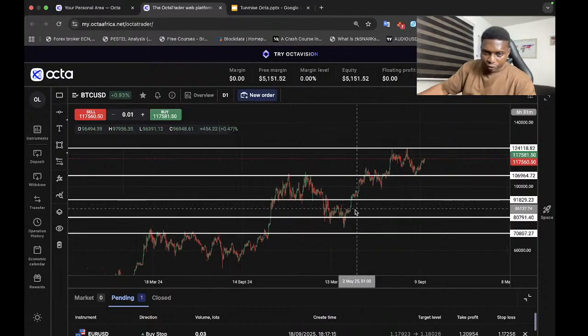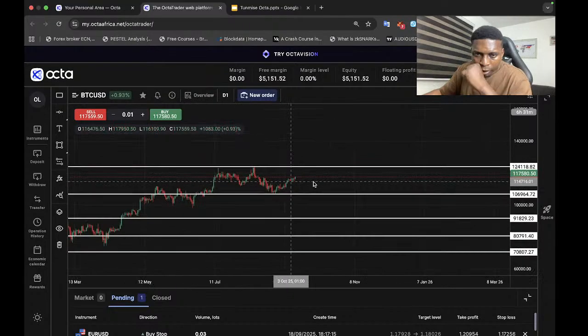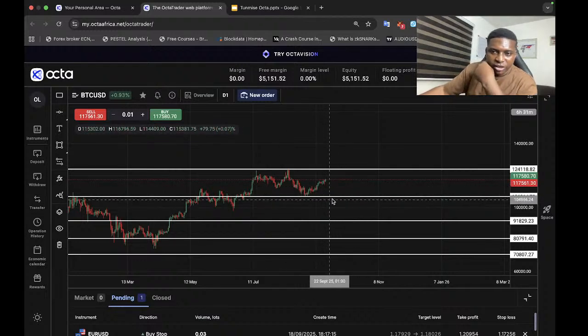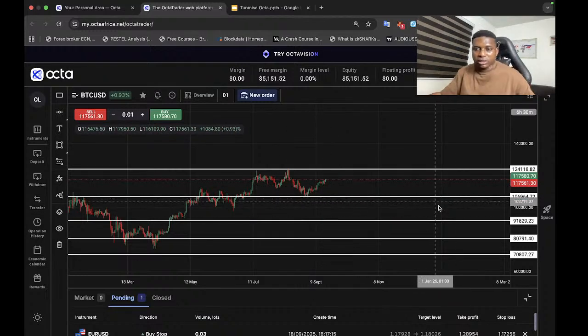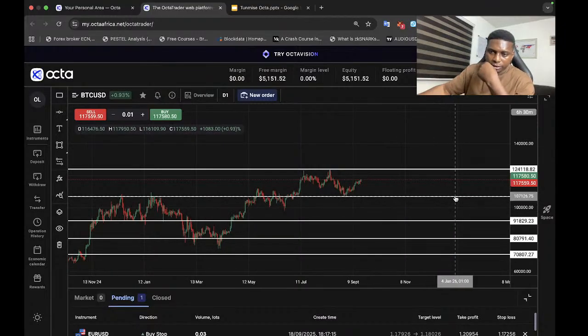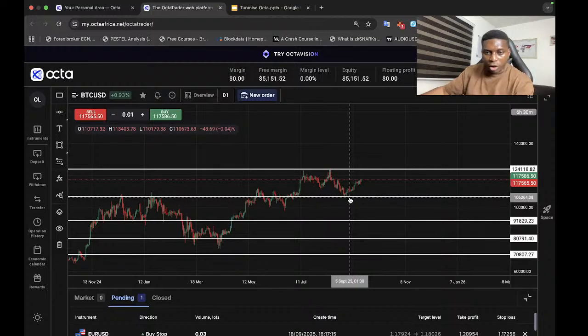If we zoom in now, we can see that Bitcoin has a key level of support at the 106 mark. There is a very strong level of support there. At 106, BTC has strong support, and if you look at it, the support is coming because it